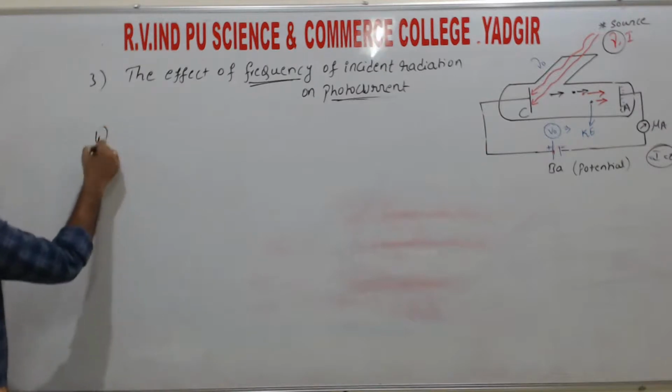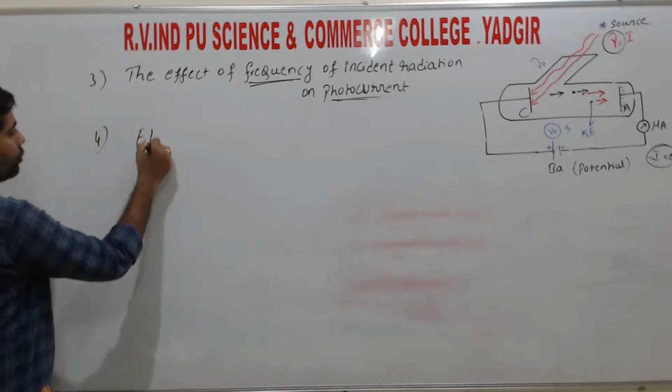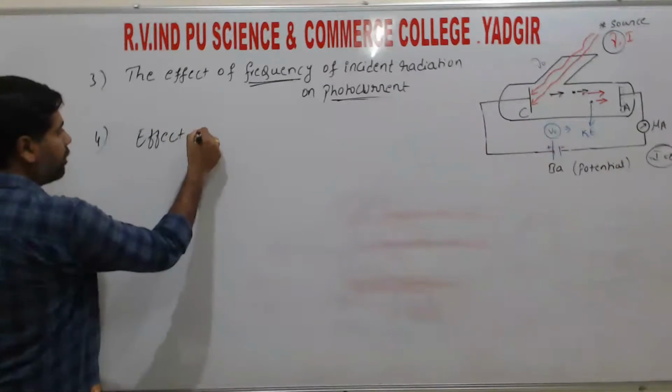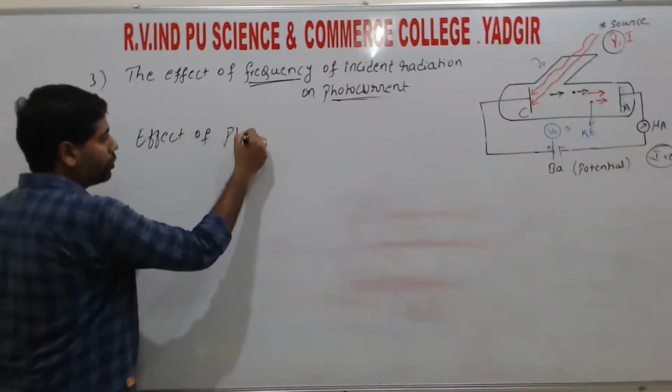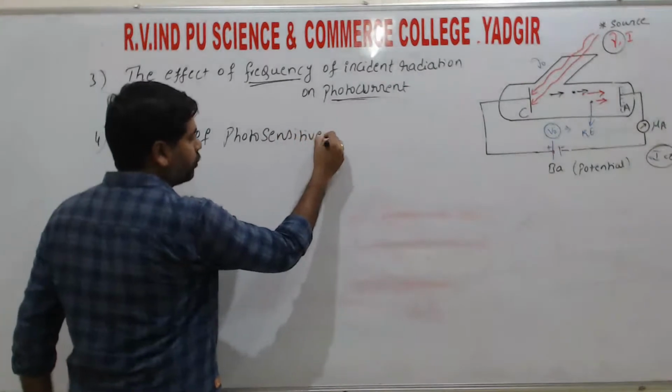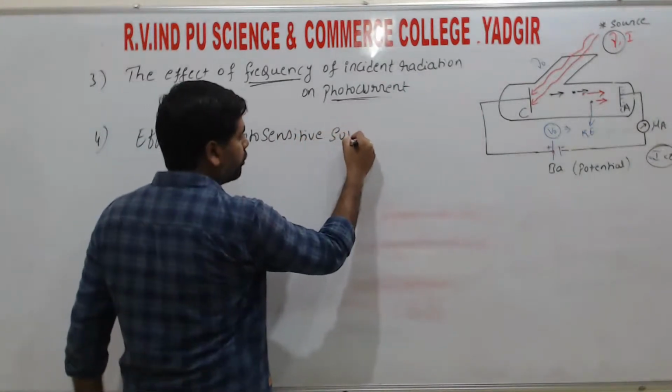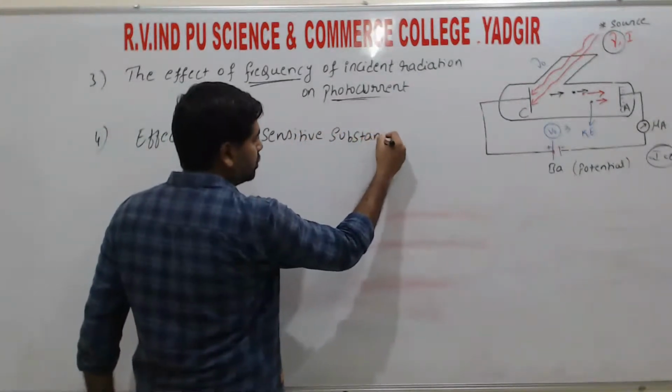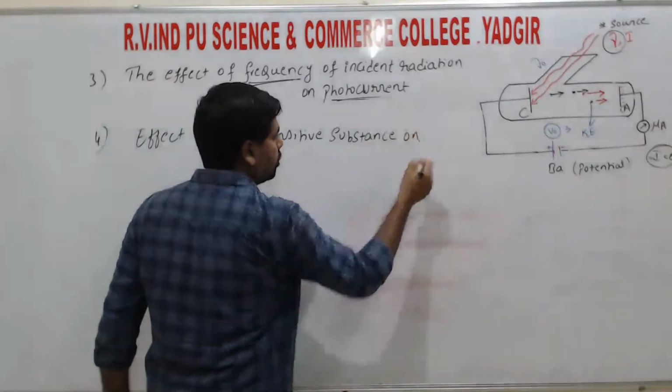So the fourth one is the effect of photosensitive substances or materials on